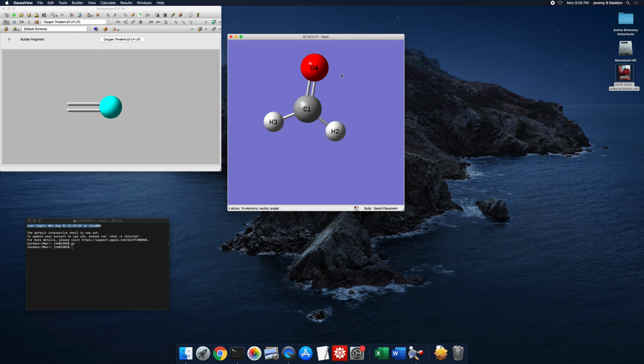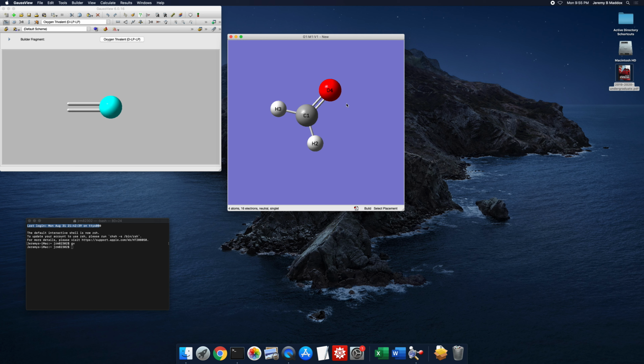The mouse wheel allows you to zoom in and out, as you see there, so you can change your perspective. By holding the Shift key down and then clicking the left mouse side, you can translate the fragment around. If you just click anywhere here in the blue space and hold it down, it allows you to rotate the structure around like this. If you wanted to spin the structure, I believe what you need to do is to